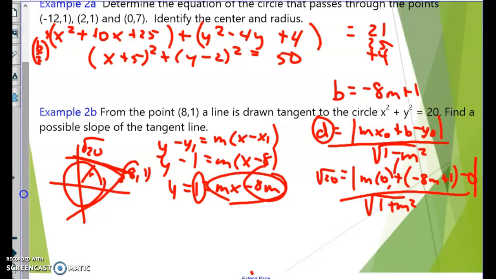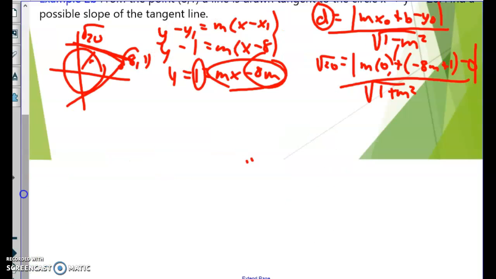So, let me give myself some room. First thing I want to do is simplify a little bit, so that's going to go away, that's going to go away, and I end up with negative 8m plus 1 all over the square root of 1